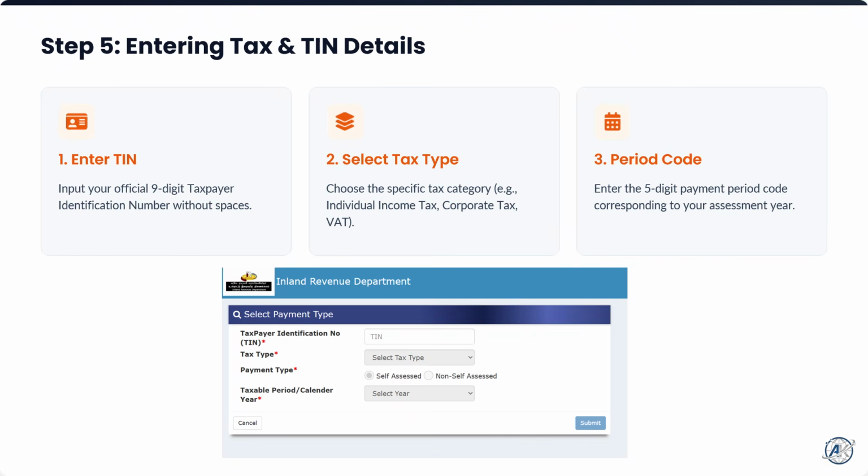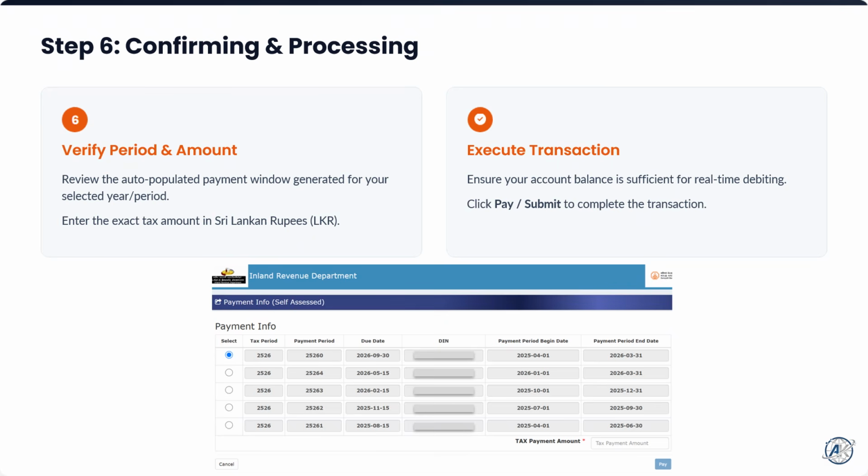Select the tax type relevant to your payment, such as individual income tax, and input the 5-digit payment period code for your assessment year. Review the payment details that appear for your selected period. Enter the exact tax amount in Sri Lankan rupees, ensure you have sufficient funds, and then click Pay or Submit